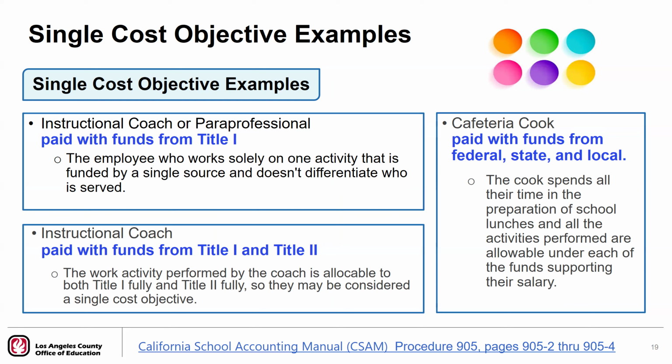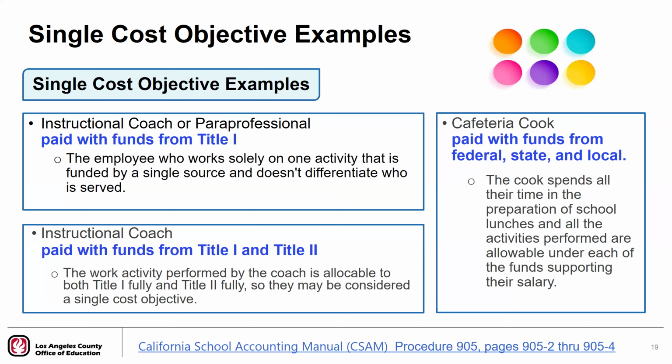So let's look at some examples of a single cost objective, focusing on the term objective. You have an instructional coach or a paraprofessional who is funded with Title I funds. Because these employees work on one type of activity or purpose, supporting eligible students in core content academic areas, and they are funded by one grant, their work is considered to be a single cost objective. In the case of an instructional coach who is funded by two different grants, but all of the tasks performed by the instructional coach in that role are allocable to both grants,